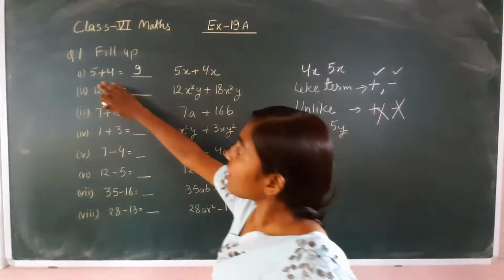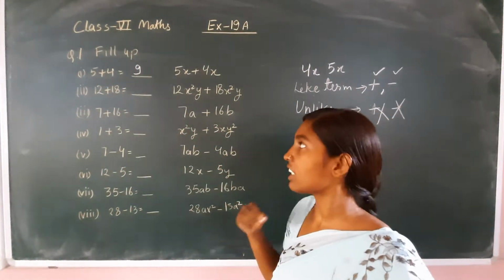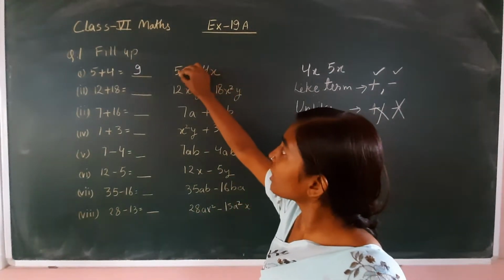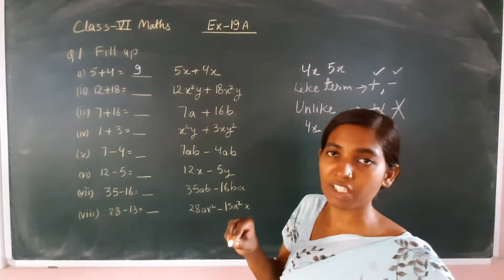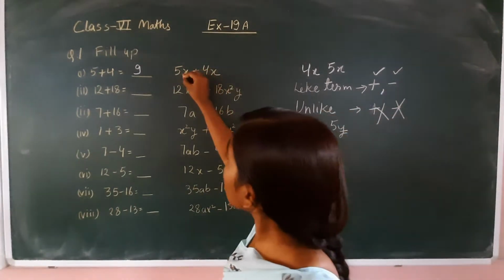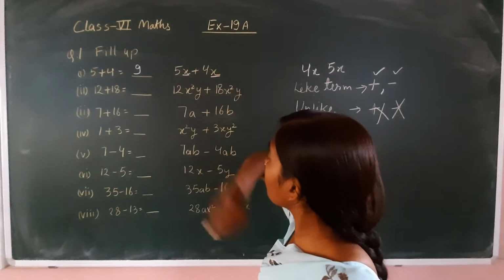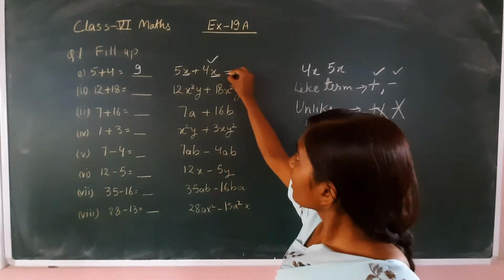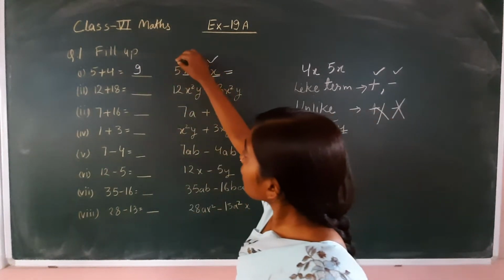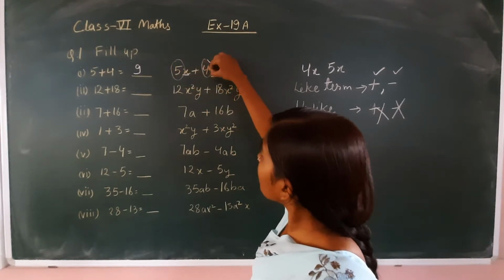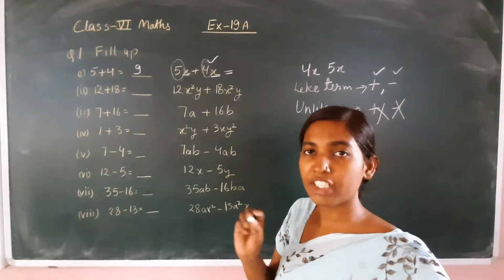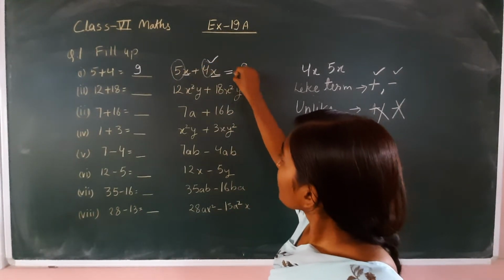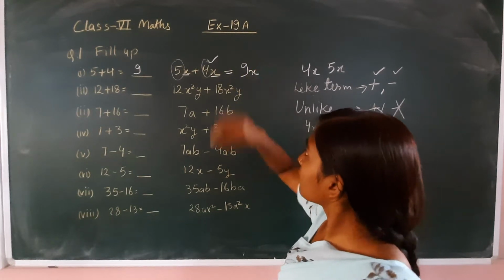Yes, numbers are simple, there is no change in numbers, they can be added, subtracted, multiplied and divided. But for doing addition in algebra, we have to see whether they are like terms. So see, here is variable x, here is variable x. Yes, they are like terms, their addition can be done. And how will we do the addition? Only the numbers will get added up and the variable will come in last. So 5 plus 4 will be 9 and the variable will be x.